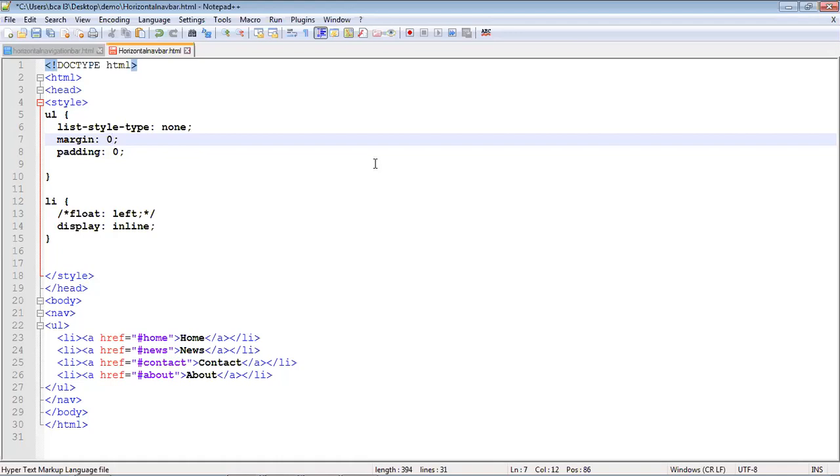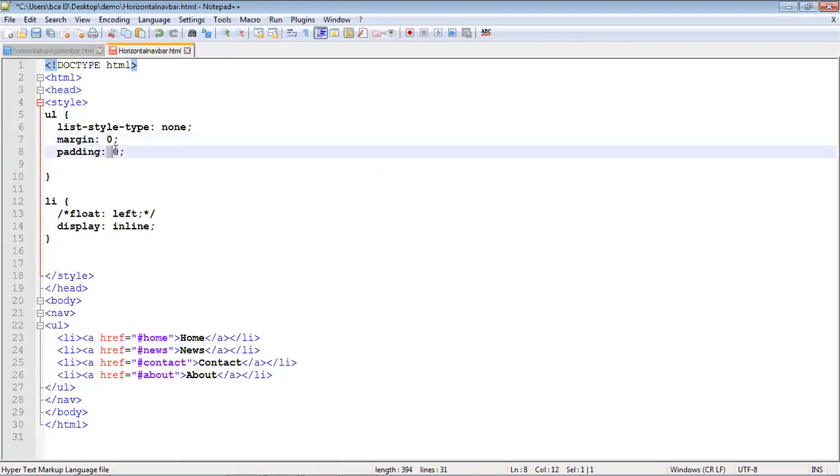Next one: top and bottom, you give 2 values only. If you give 2 values, top and bottom are the same, and right and left are the same. If you use one value, here we are using the 0 value, it means top, left, bottom, right, all 4 values will be 0 only. Similarly for padding also.